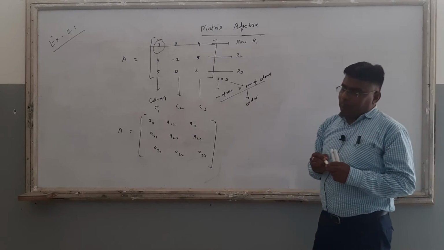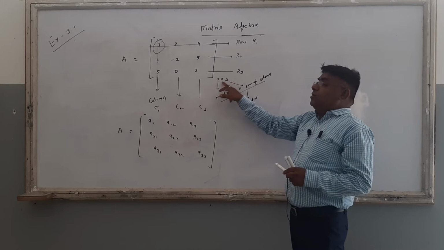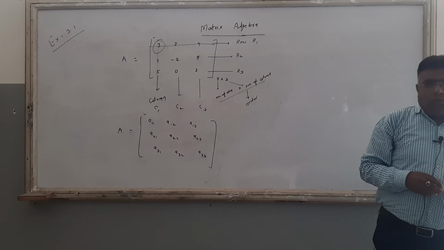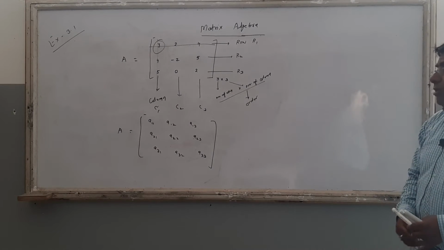Now, the different types of matrix. When the number of rows and the number of columns are equal, that is a square matrix. So what is a square matrix? The number of rows and number of columns are equal, right? But if the number of rows and number of columns are not equal...